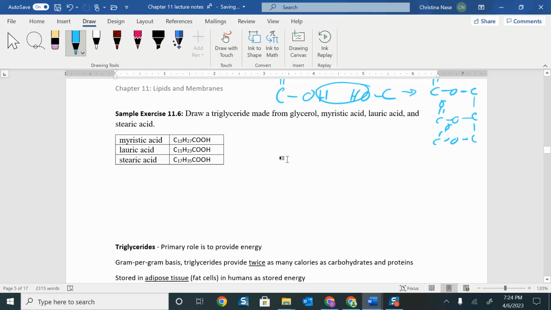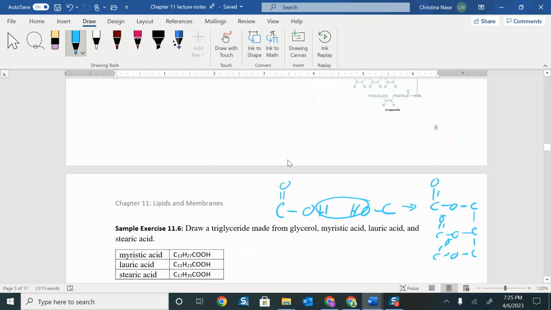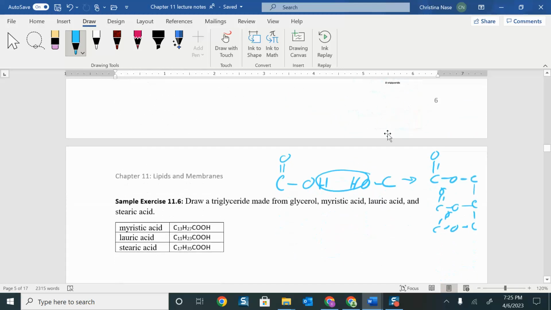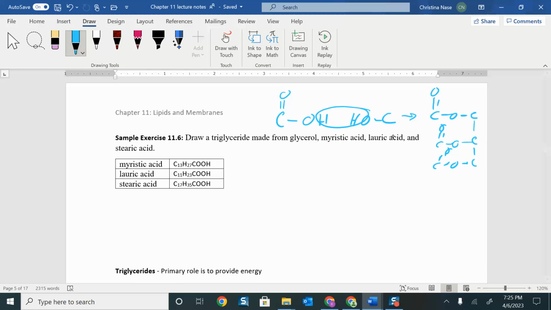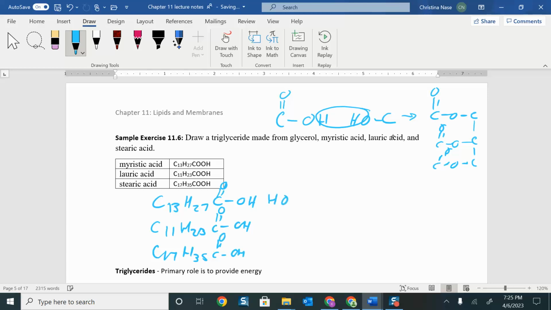All right, so let's work on that. So these are just written out. You don't have to worry about if there's double bonds or what's going on with those. You can just copy those. C13H27. Sometimes I'll give you those where they're actually written out like in this form. This is just kind of condensed for simplicity here. So I have C13H27, C double bond O with an OH. We'll write it all out and then we'll finalize it. C11H23, C double bond O with an OH, and then C17H35, C double bond O, OH. So each one of those is going to react with an OH on this glycerol,